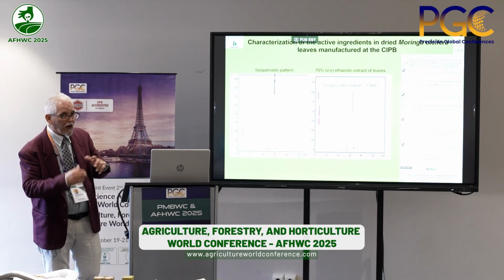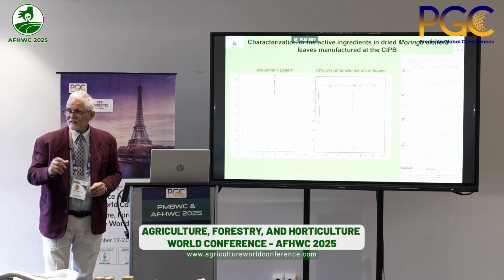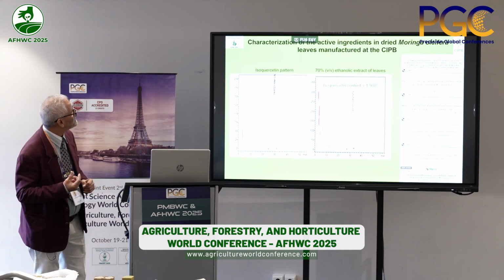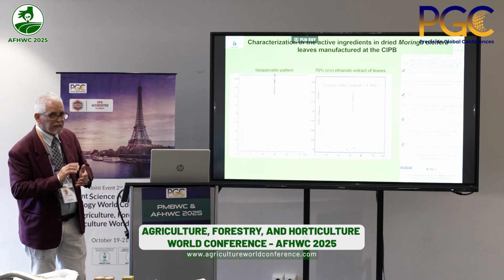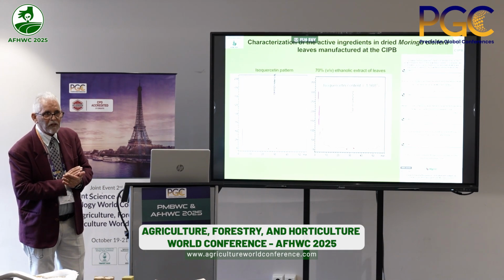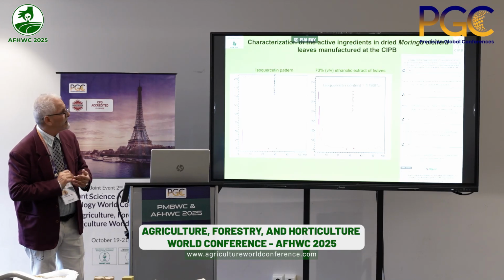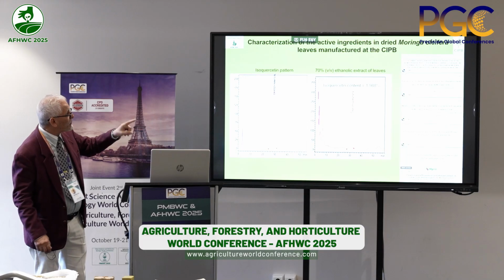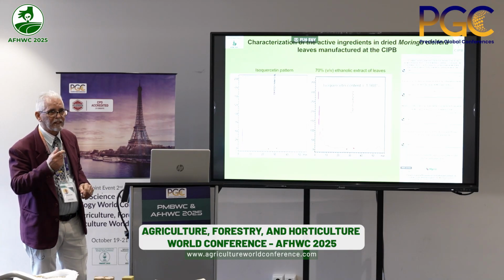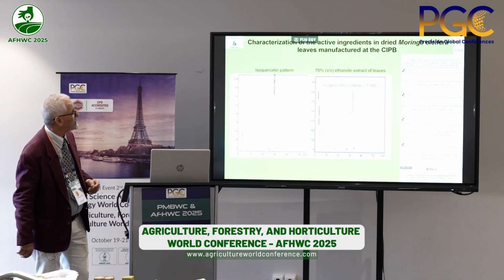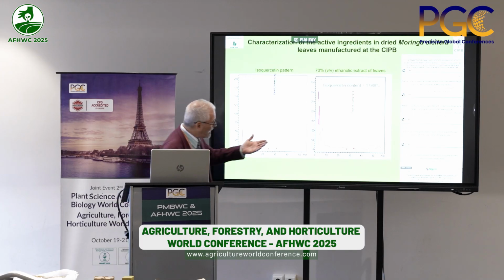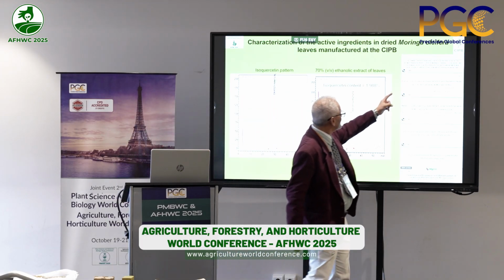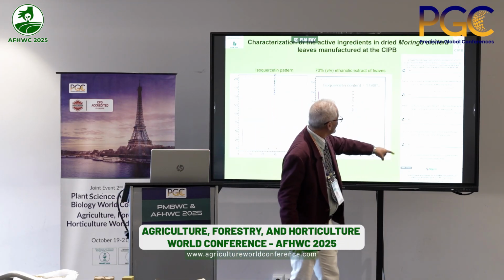So in our moringa we identify as a more important active compound quercetin, about 2% of quercetin in the leaf, and all our study you can find